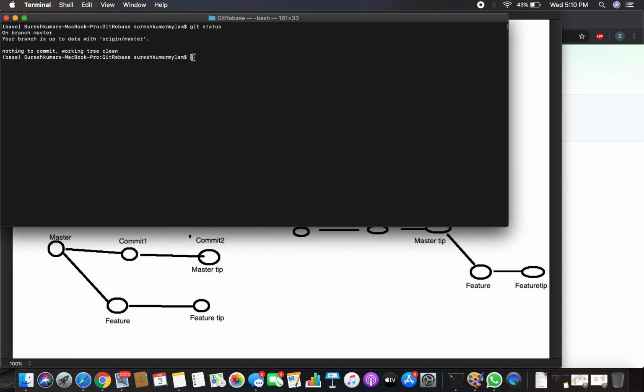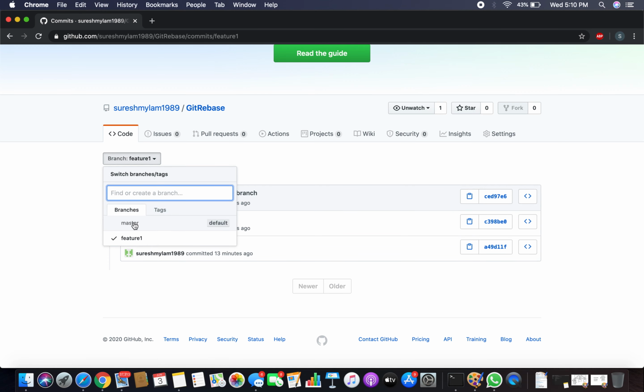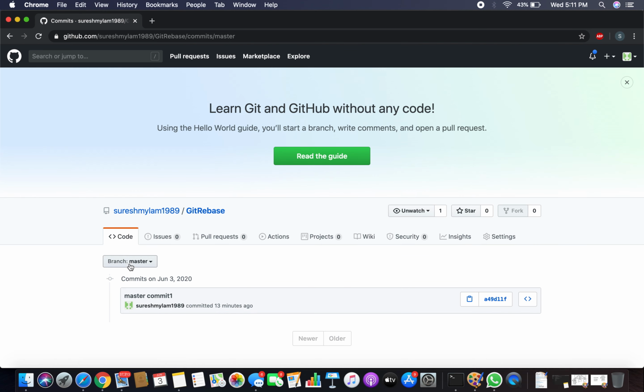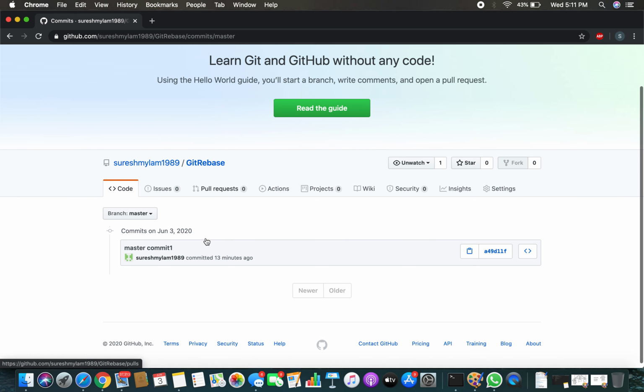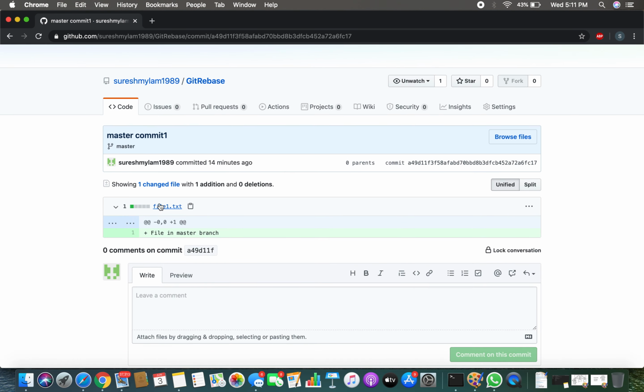We have a file here that is called file1.txt. You can see in the remote, go to the master branch, and we have a file called, where is the file? Okay, this is file1.txt.